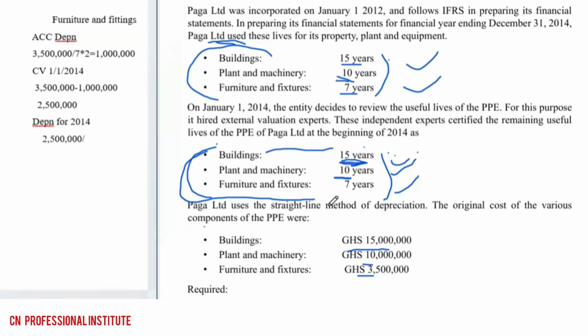And the question said the remaining useful life is what? 7 years, as given by the experts, right? They said the remaining useful life as at the beginning of 2014. So the remaining useful life is 7 years, which is the same as the original life of 7. So we have to divide 2,500,000 by 7, and that will give us